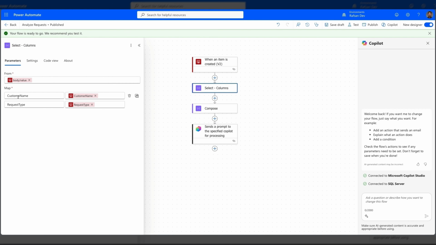So I'm selecting the columns, and then I'm adding a compose action here. You might be asking, hey, can we just add the compose directly? Yes, you can, but that will also add an apply to each, so you need to do some workaround on that. For compose, as we know, select returns the array of objects, but I need the first object from that array. So to do that, I have an